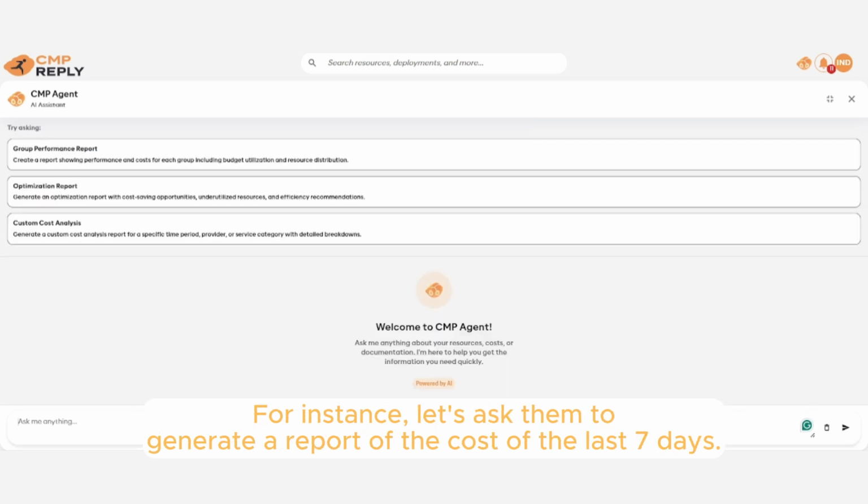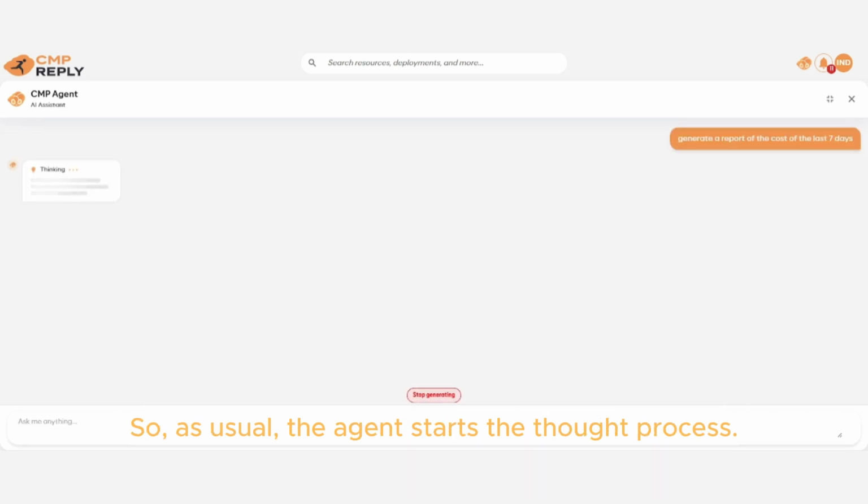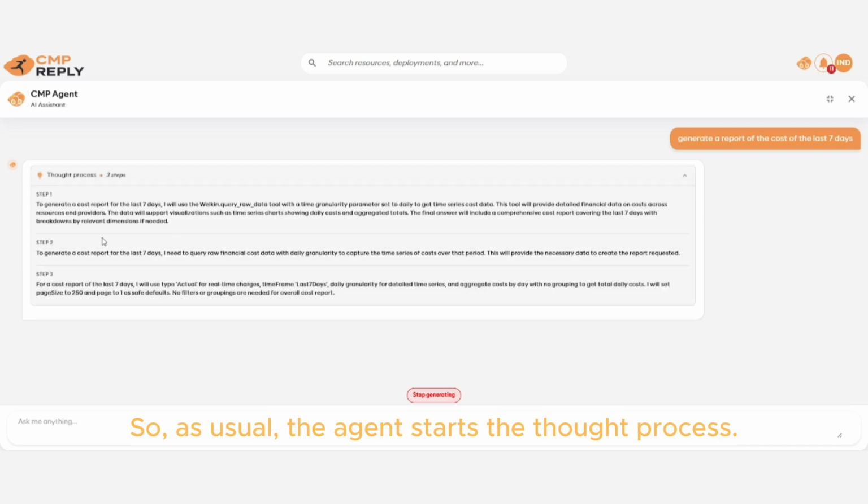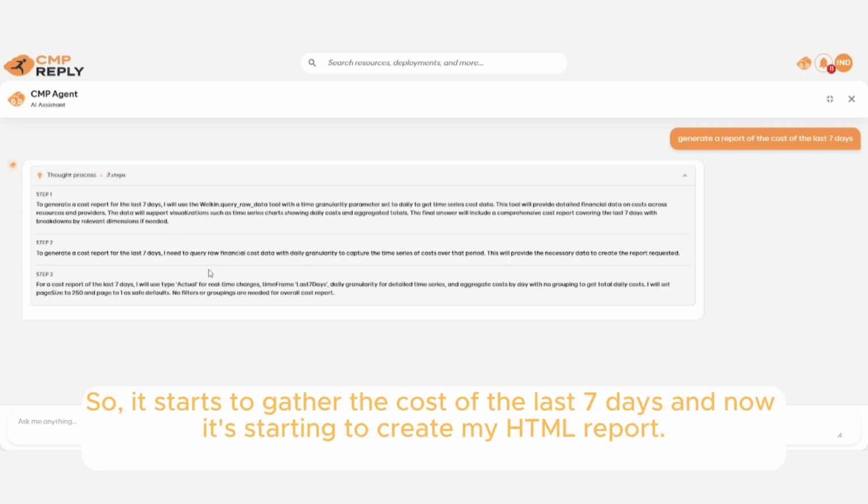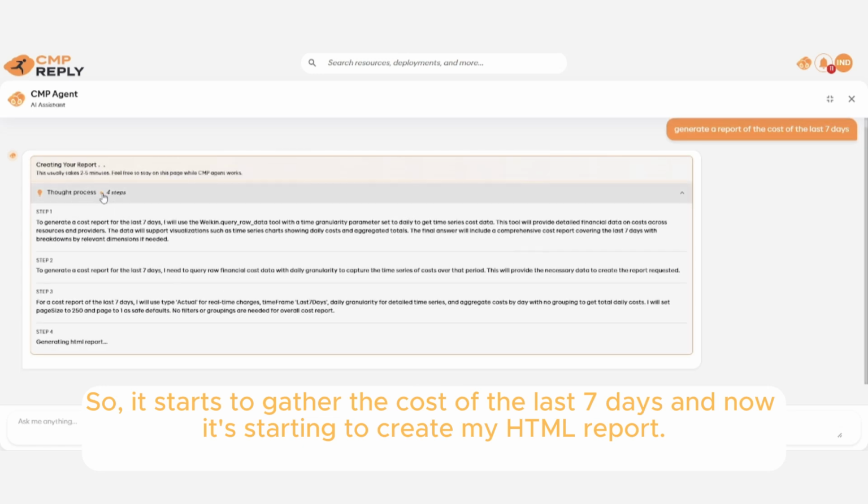For instance, let's ask it to generate a report of the cost of the last 7 days. As usual, the agent starts the thought process. It starts to gather the cost of the last 7 days, and now it's starting to create my HTML report.